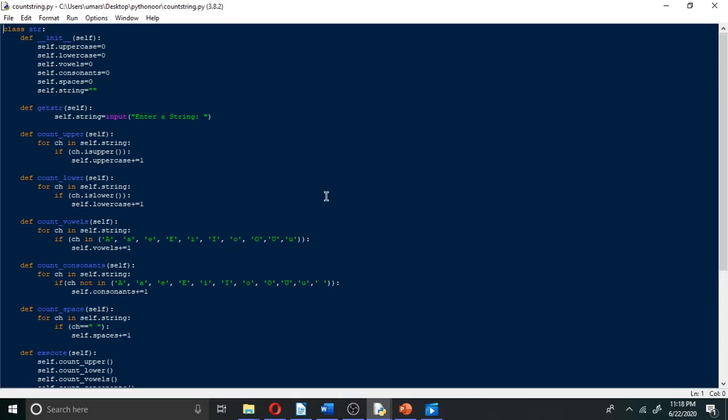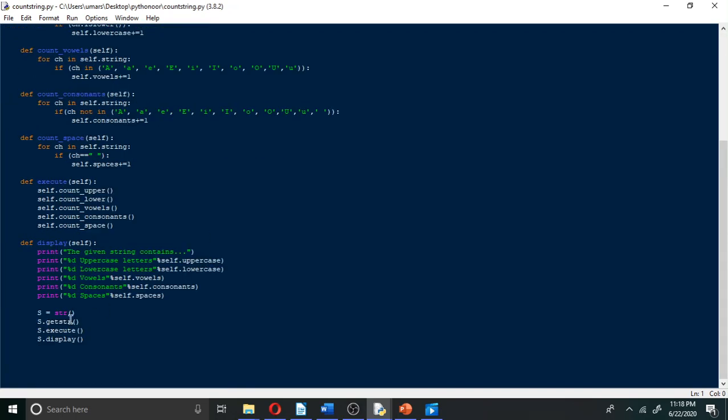First I will tell you how to execute a class program, and after that I'll explain the components of the program. That means all the functions are explained in the later part of the video. Here, class is the keyword and string is the class name, and then we have many functions defined. I have typed all the functions over here, and finally these 4 lines of code will create an object and execute the real program. Let me show you how to do this.